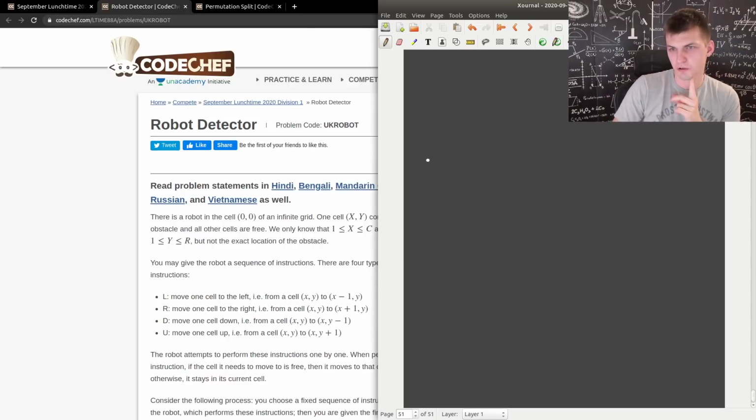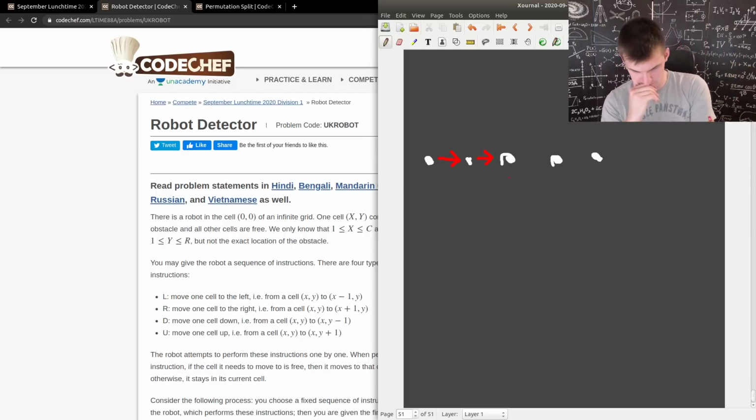If it's just a row, I can keep going to the right, like 100 times, and I will stop somewhere. So maybe something like go to the right, then up by one cell, go to the left,